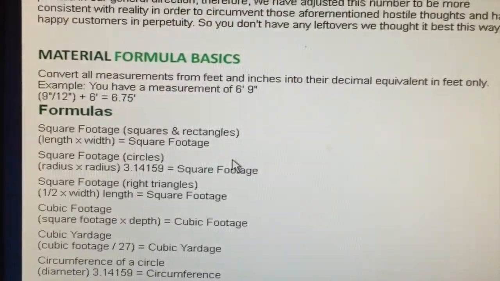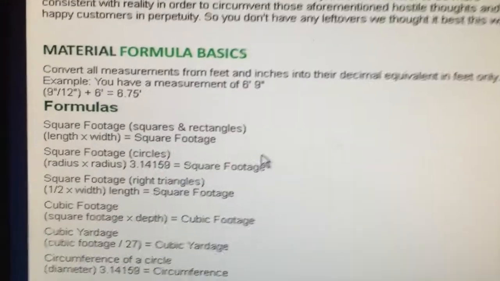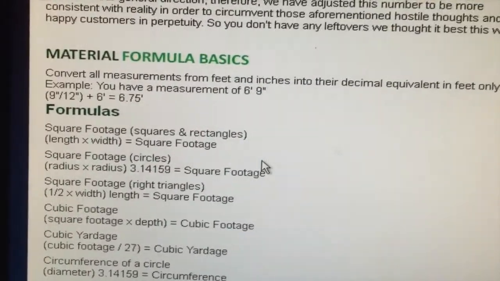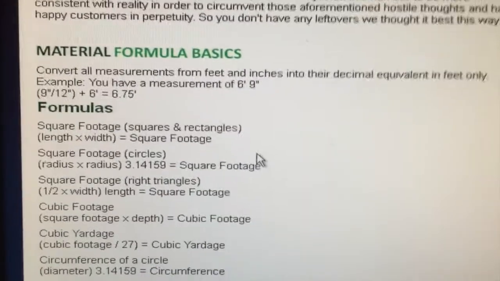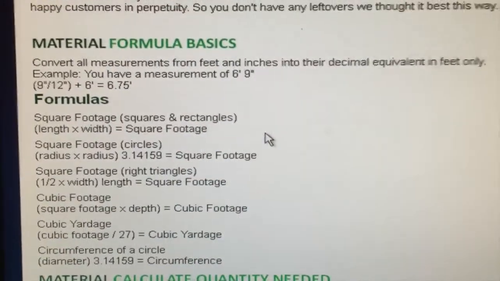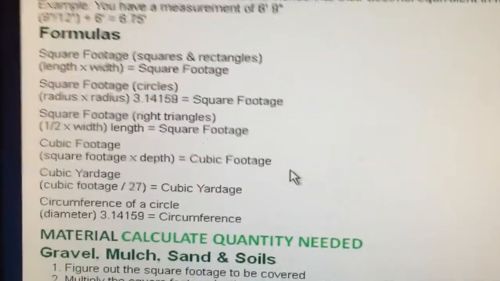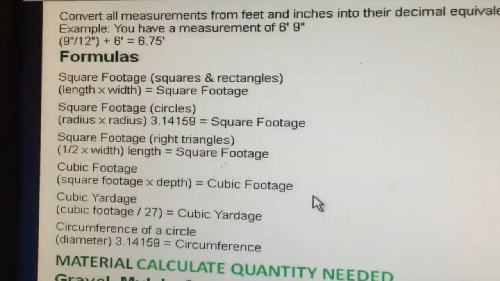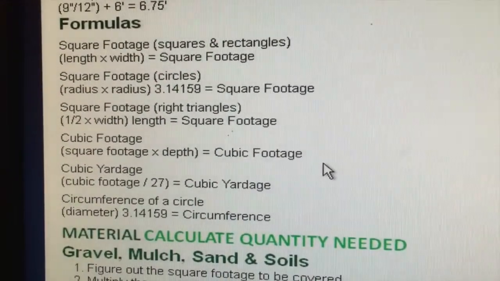But here's your formula basis. You gotta make sure everything is in feet, because it just works out easier when all your stuff is in feet. No inches, all feet. Because that's just how it works out, as you could tell, for square footage, and then cubic footage, and then